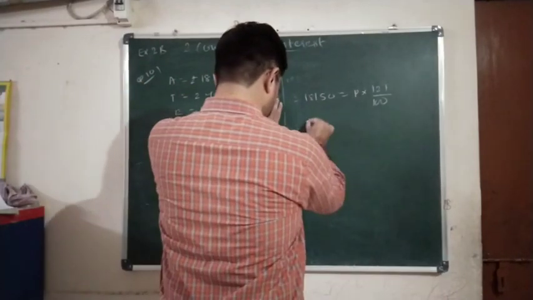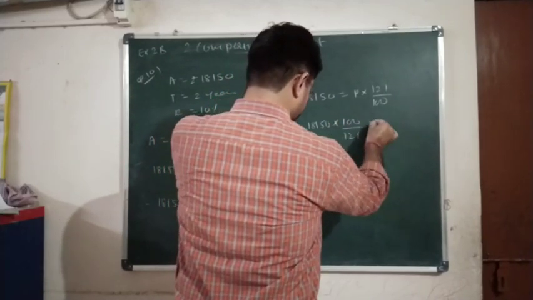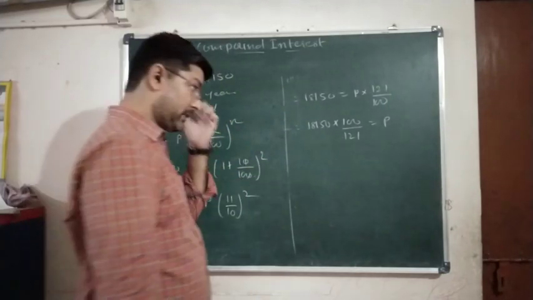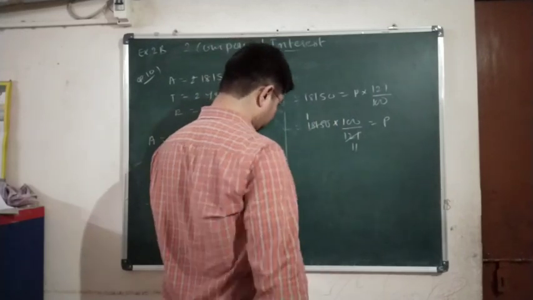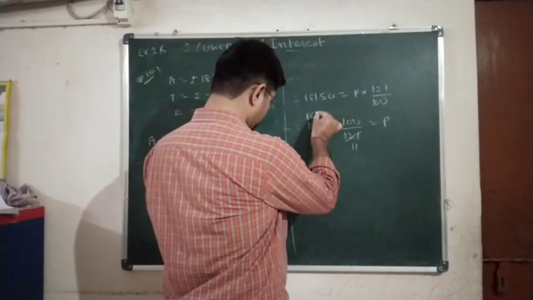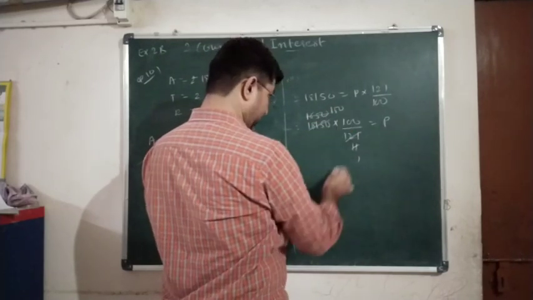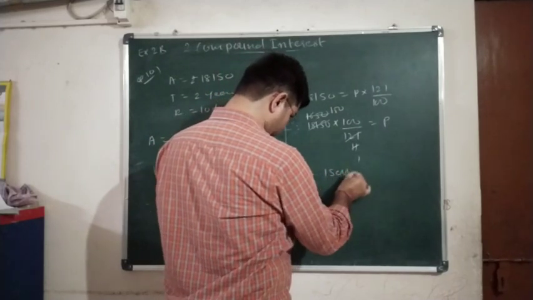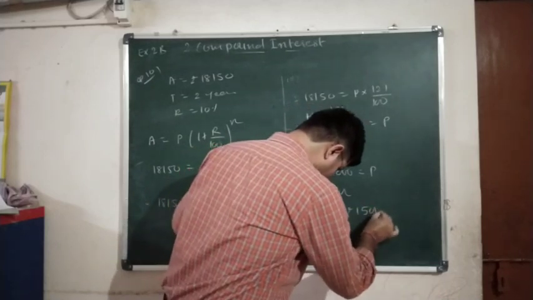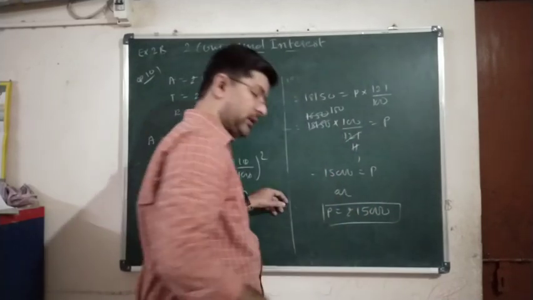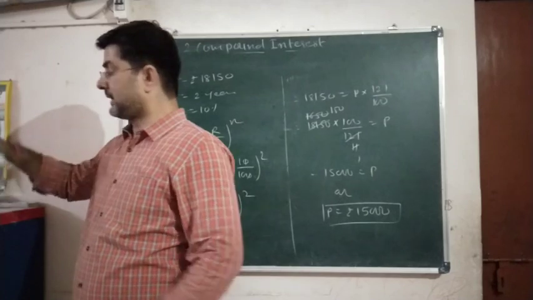Let us shift the numbers on the right side, on the left side. Okay, now we can reduce the two numbers by 11. 11 11s are 11 1s are 11, 11 6s are 5s are again 11, 150s are, and therefore 15,000 is equals to P. Our principal is rupees 1,500,000. So this is the principal. Okay, so question number 10 is also over.